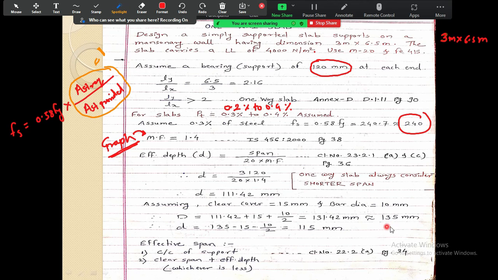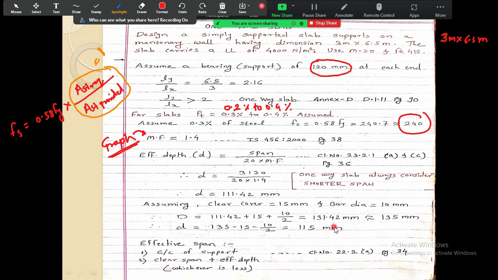From this rounded overall depth we have calculated the effective depth again, because it comes out to 131.42, so we rounded up the overall depth to 135. If we increase our overall depth, then our effective depth is also going to increase. So we find that increased value by doing the reverse calculation. From the overall depth, if you subtract the clear cover and half of the bar diameter, you will get